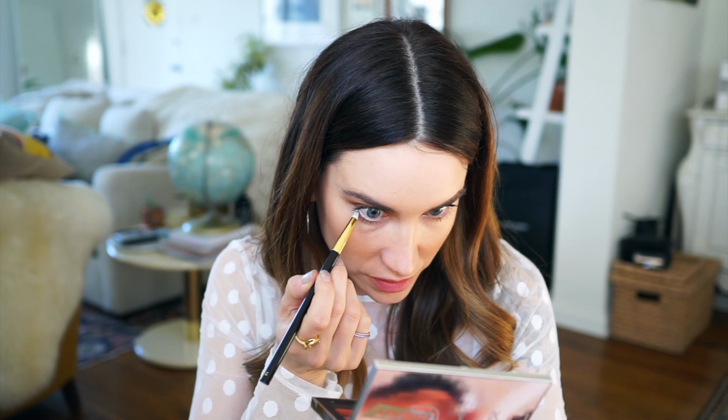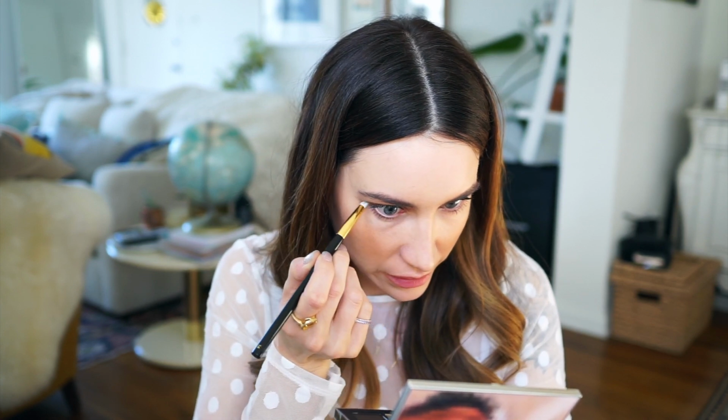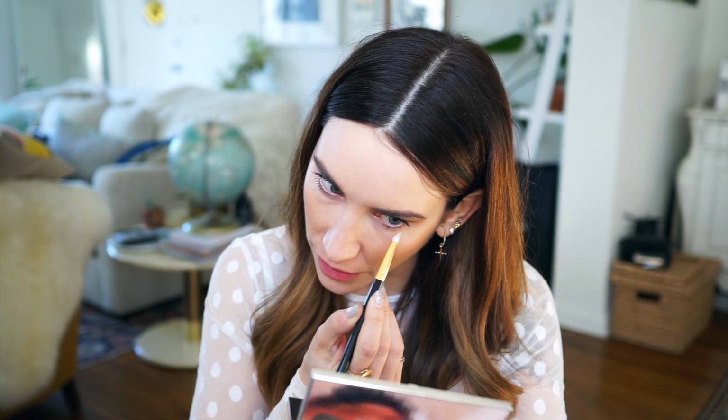And then I'll take the same brush and just barely put a little bit of that first initial color that I put onto my lid and just sweep a little bit of that underneath just to kind of connect everything. So for me, I love to play a lot with shimmer and sparkle. And so to kind of finish with the eyeshadow, I'm going to take the sparkliest one out of all of them